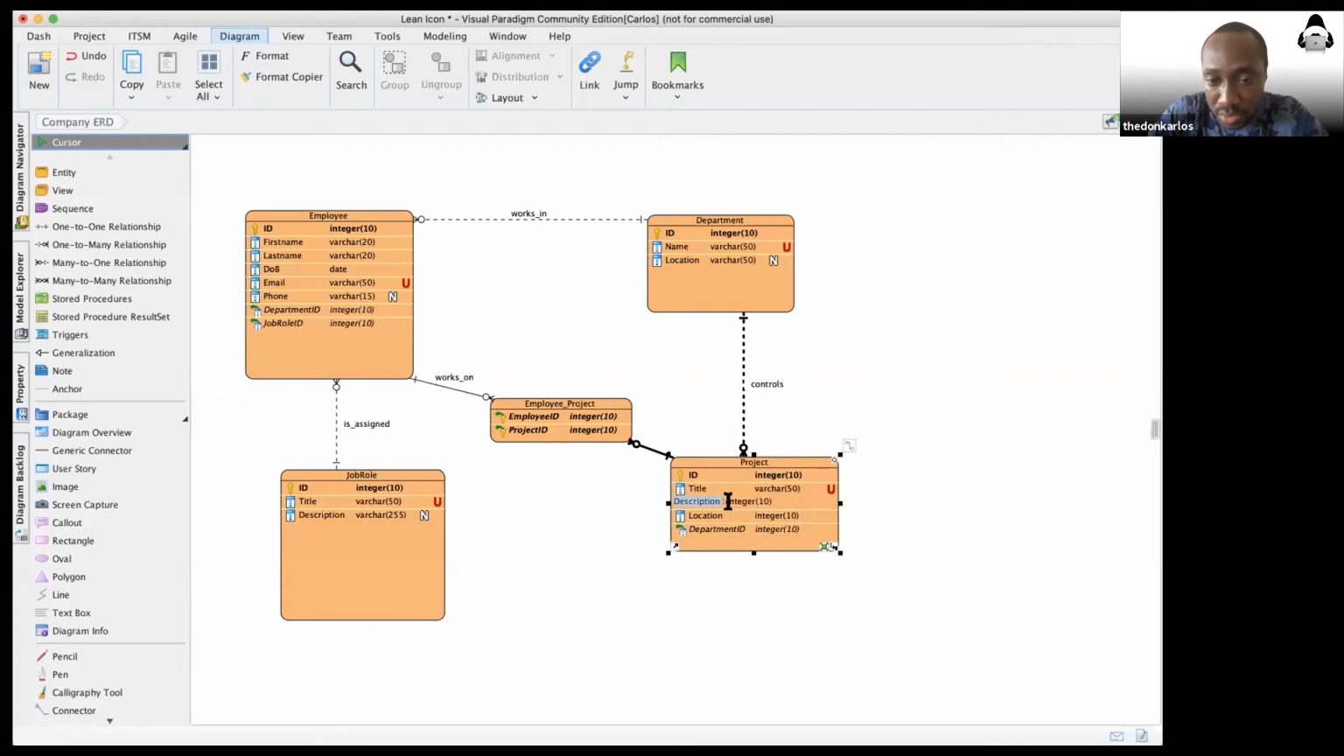Description, I would use the highest, VARCHAR 255, hit enter. Location, I would say VARCHAR 50 as well. VARCHAR 50. Then department ID is integer. We're good. Okay. So this is an example of how the